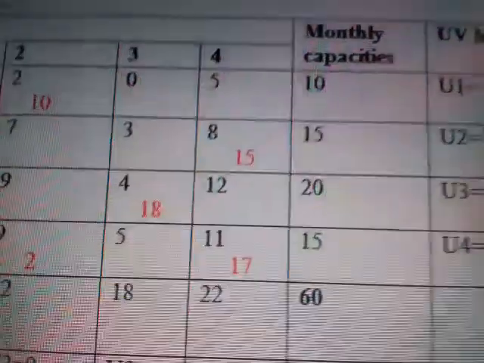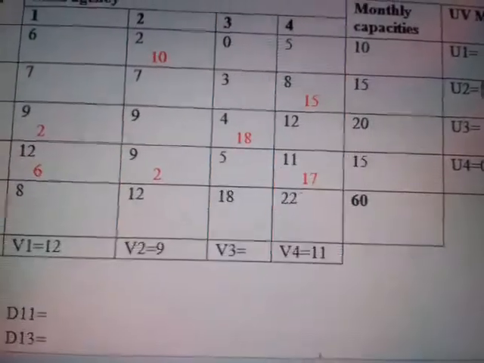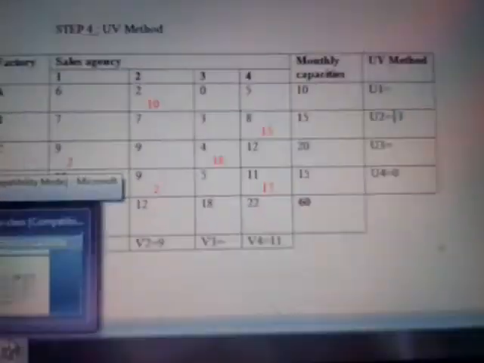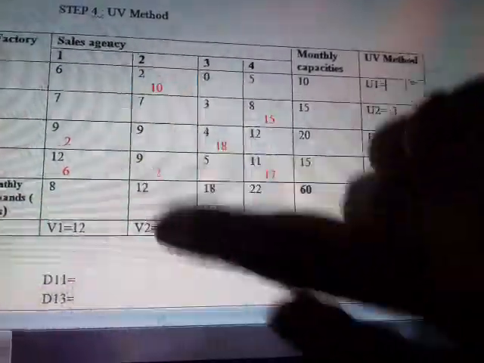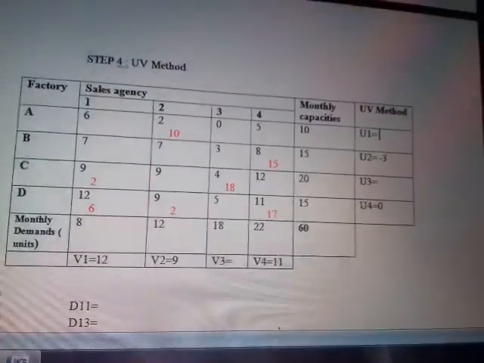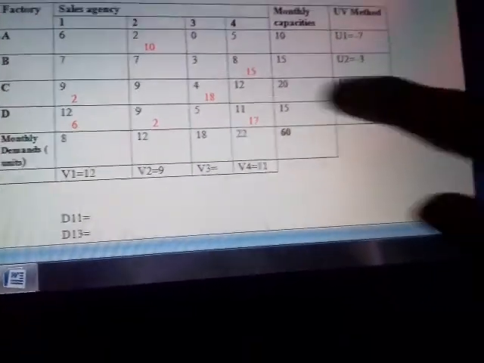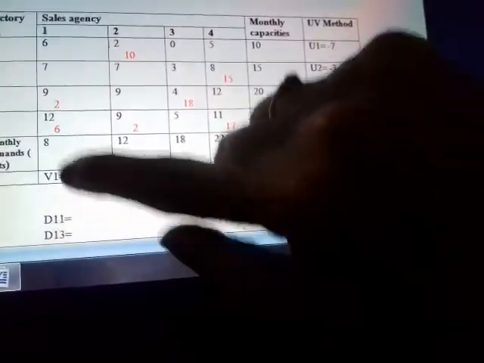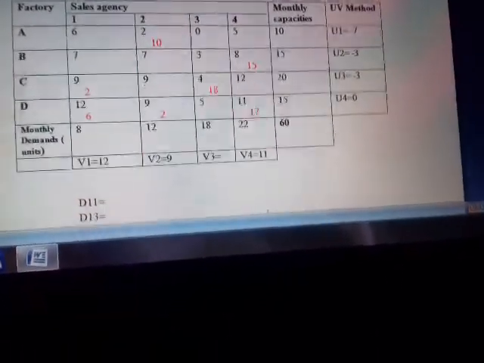Okay. Similarly find out U1. So here V2 is 9, isn't it? So if V2 is 9, so 2 here and here it is 9. So 2 minus 9, you will get minus 7. Okay. So U3 you want. Here it is 9, here it is 12. So 9 minus 12, you will get minus 3. Okay. Now we got everything except this V3.